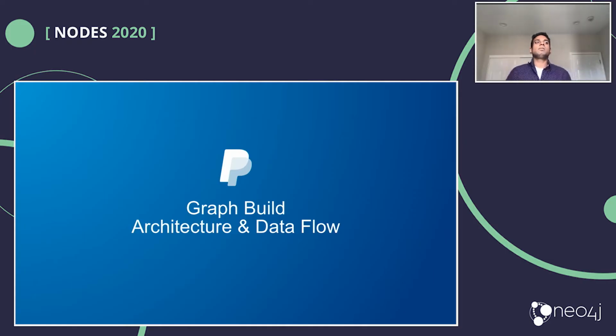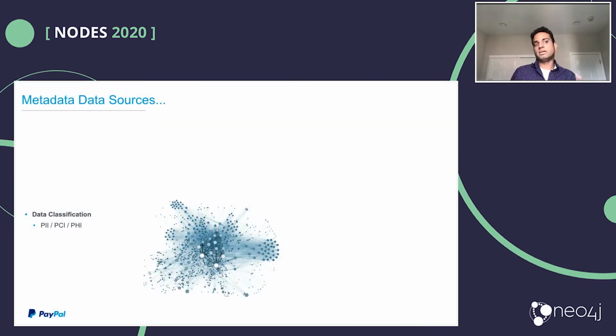Now, this is a very nice proof of concept, but how do you scale this for an enterprise? This is where we need to start thinking about the longevity of such a graph building process, where architecture and data flow is very important. As I said, there are multiple places where a technical catalog can exist. In PayPal, we've solved this in the form of a unified data catalog, which aggregates all this technical metadata into a single place. It gives us a nice view and perspective of what kind of data stores and technologies we have in the ecosystem, databases, tables, objects, and all of those.